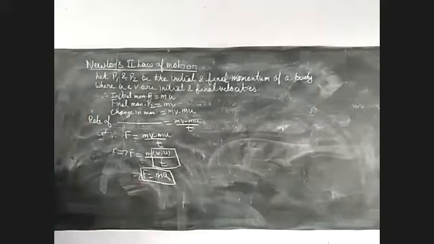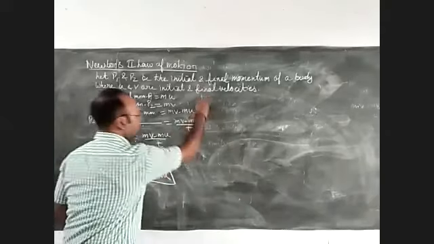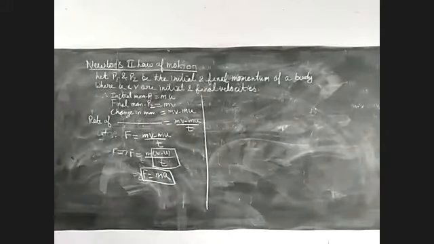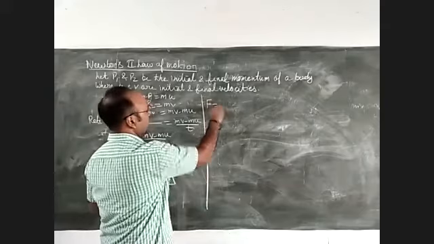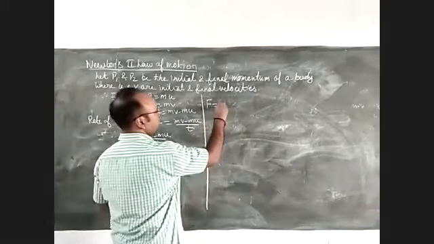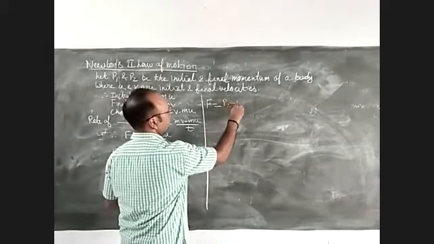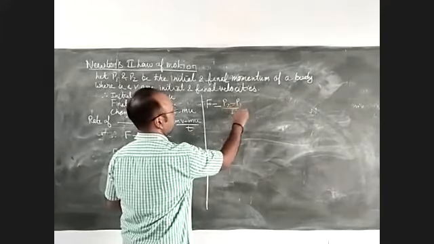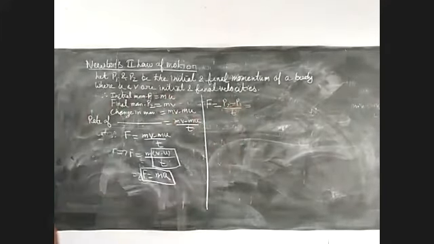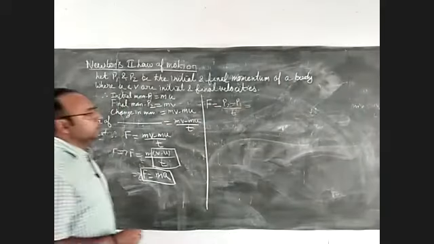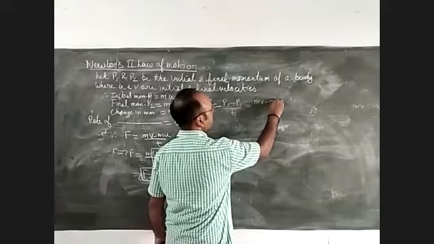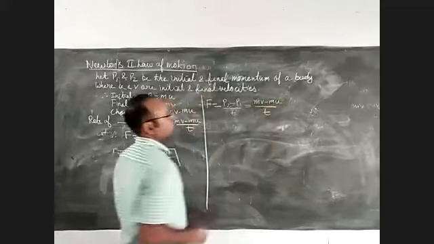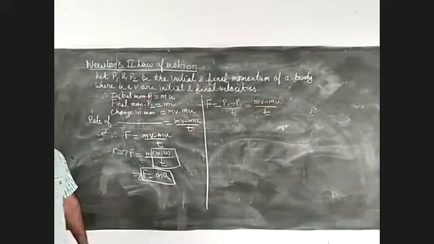This is the mathematical form of Newton's second law of motion. Apart from this, I can also mention Newton's second law of motion in different forms. One is F equals P2 minus P1 over t. This is one form of Newton's second law of motion. Another form I can write: in place of P2, I can put mv, then mu upon t. One is this, mv minus mu over t.